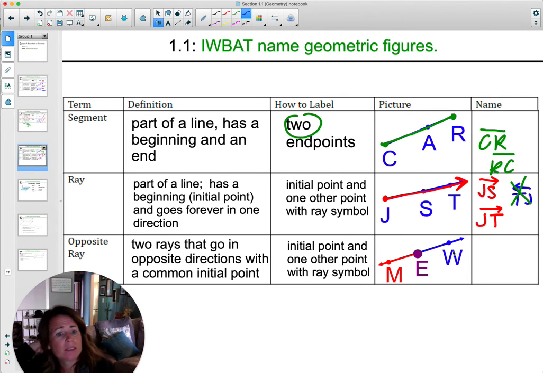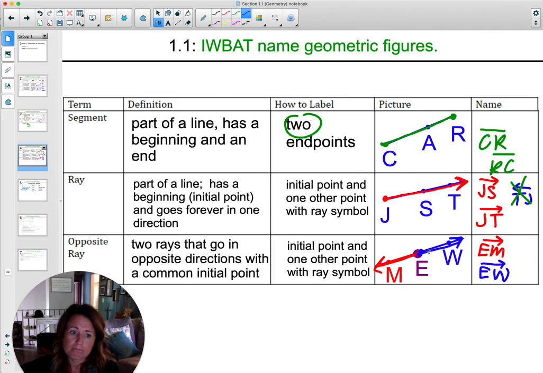Opposite rays are 2 rays that are put together. You see this red and blue ray. They're put together. They share a common initial point. They share this point in the middle, E. And then together they make a straight line. If I were going to name these 2 rays, I have to start with the initial point. So EM would be this ray. Start with E, go towards M, draw an arrow above it. The blue one starts at E also and goes towards W. So EW with an arrow above it. That's your opposite rays. Common initial point,